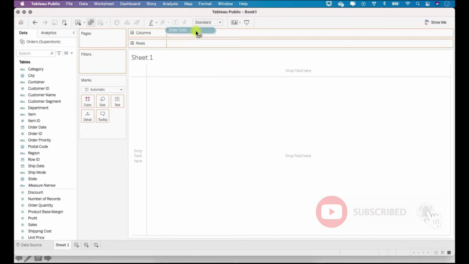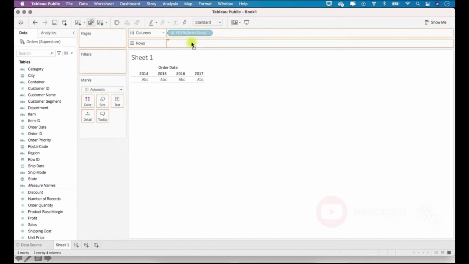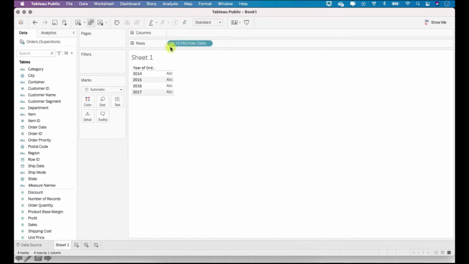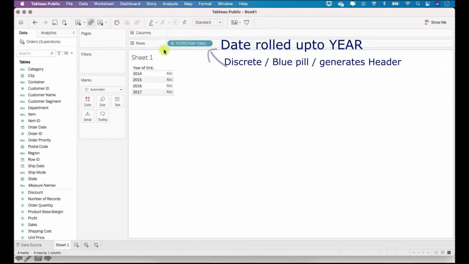Then let's drag this order date here in rows, and what you see is by default Tableau displays the date rolled up to year, and this is blue in color. So this is blue in color, so discrete. It has headers being displayed here. If you see, this is a header, year of order date.